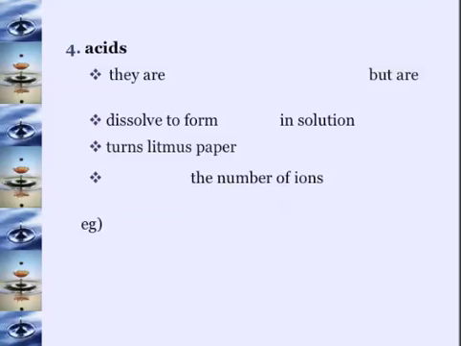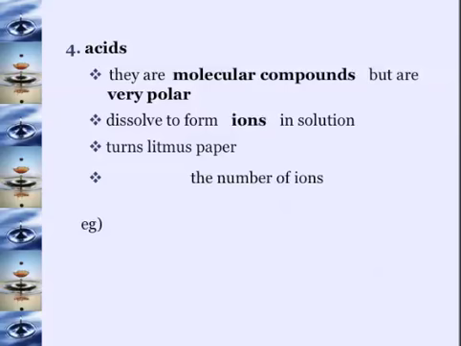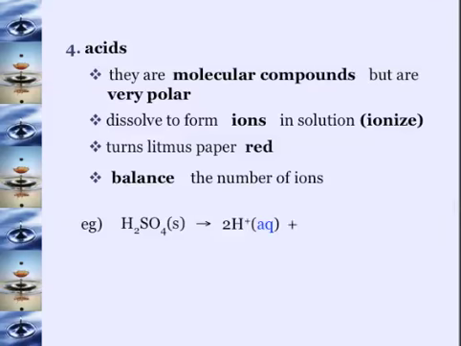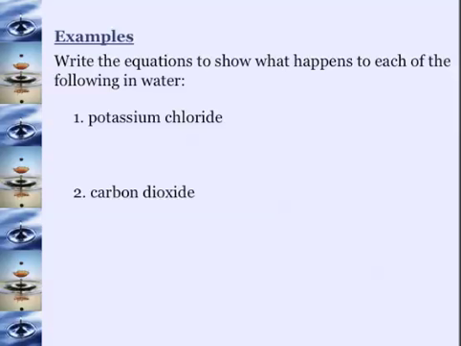We have acids. These are molecular compounds, but they are very polar, and they dissolve to form ions in solution, so they ionize, and they turn litmus paper red. And we need to balance the number of ions. So for example, we have H2SO4, which is a solid, and it breaks down into its hydrogen ions and its SO4 ions. So, for examples here, we write the equations to show what happens to each of the following